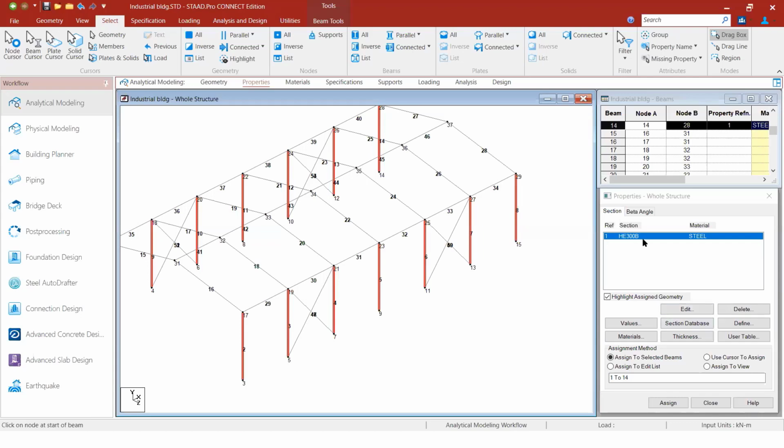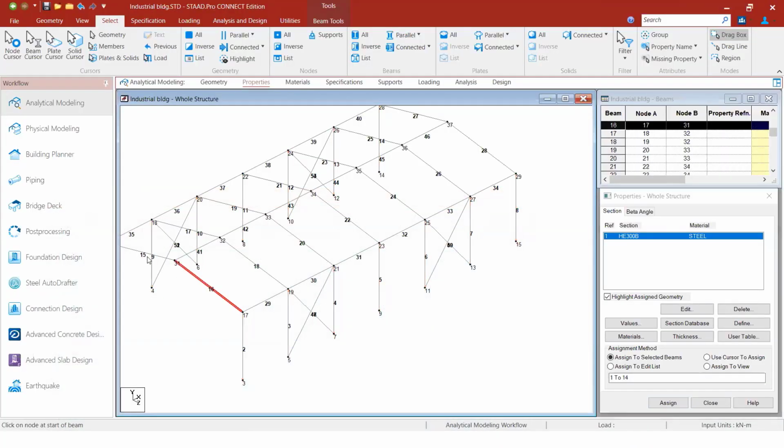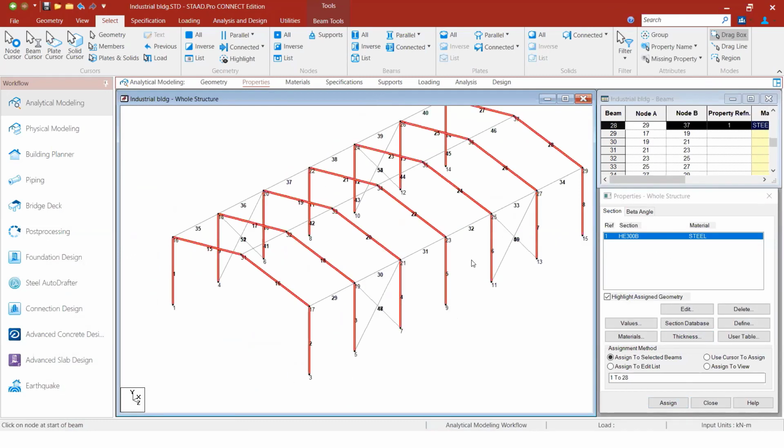This is the same HE 300B for the rafters also, so I'm selecting the rafters also, columns and rafters for HE 300B. And if you see, now I've given properties for columns and rafters.